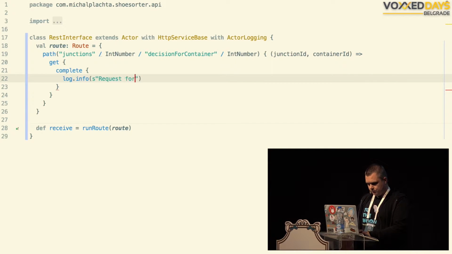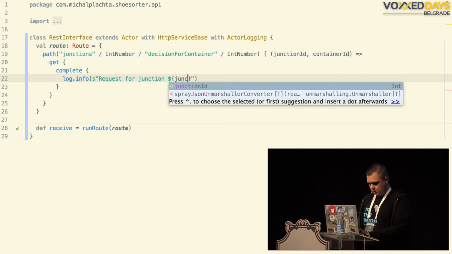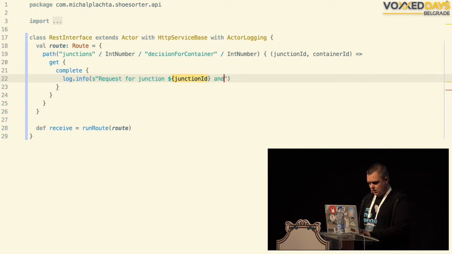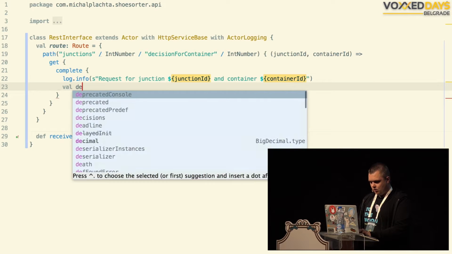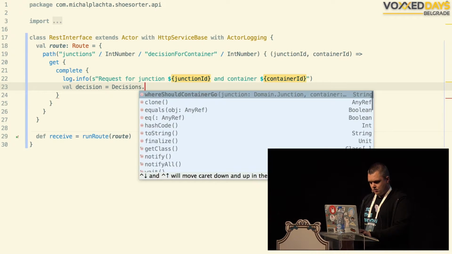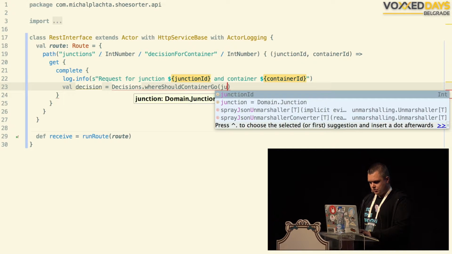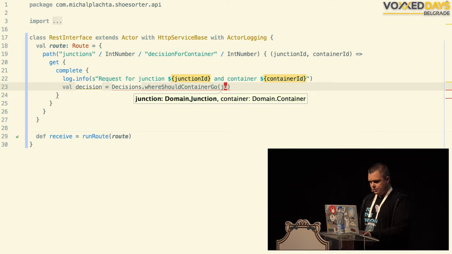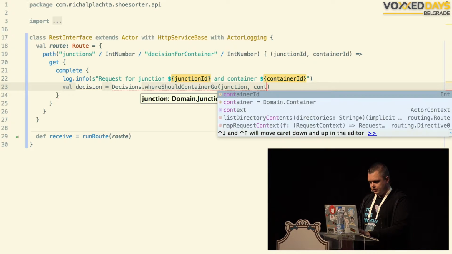A request for junction ID and container ID. Okay. Then we just call our business logic function. Decisions. Where should the container go? Junction. It needs junction and container.